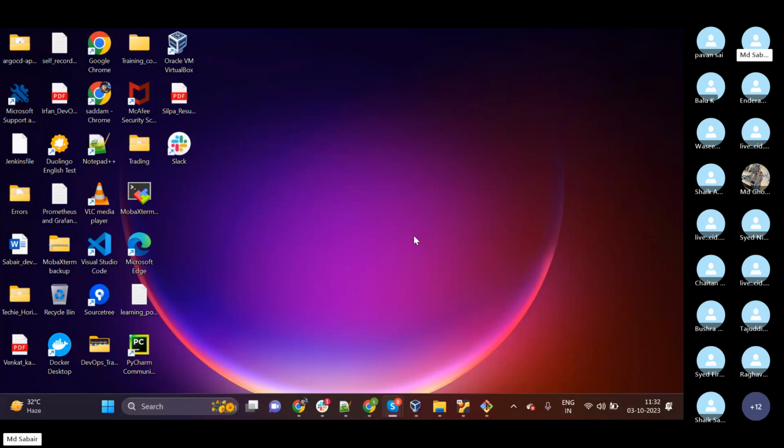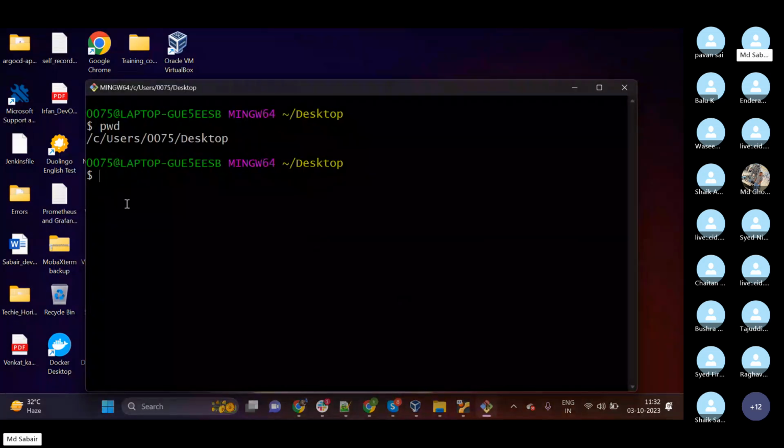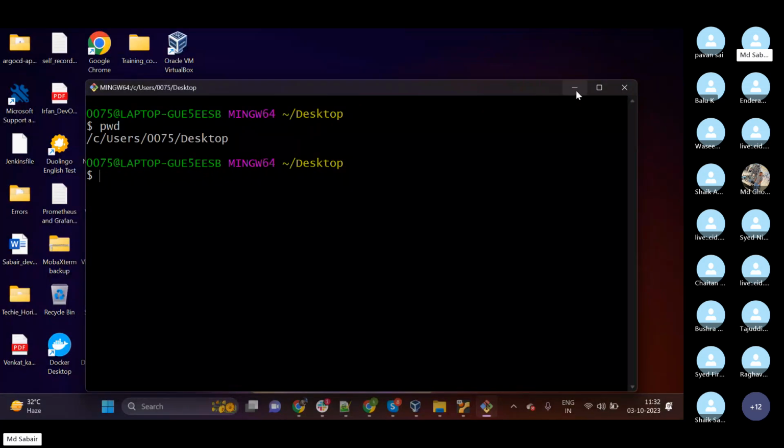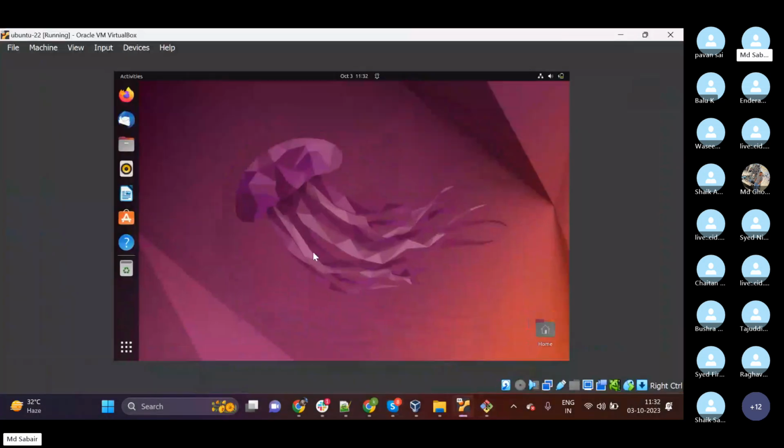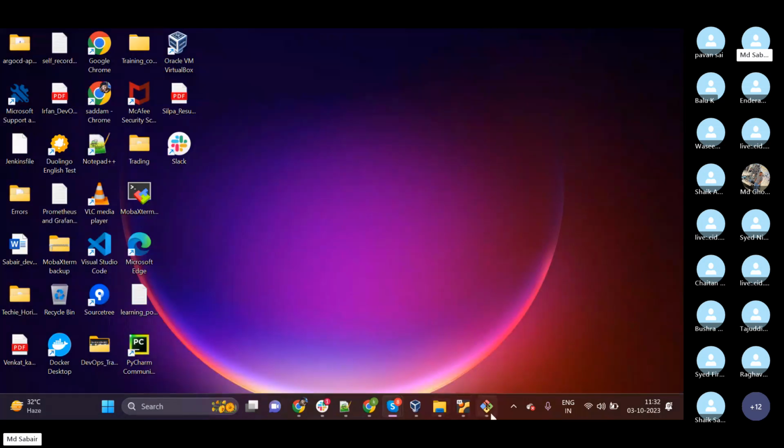And apart from that, Windows is based on a graphical user interface. GUI mode is available in Windows. Whereas in Linux, you can see this terminal. In most of the Linux operating systems, you cannot find this interface. As of now, we can see this GUI, right? Chrome, and we can see some icons over here. But when working on real servers, there will be no interface. We should only execute with the help of CLI, command line interface.